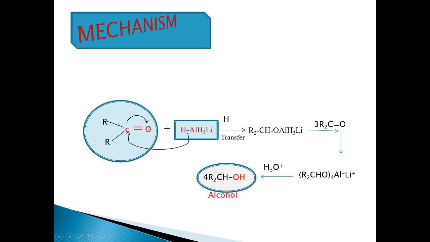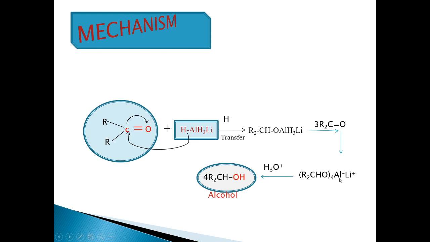And here is the formation of negative charge after the reaction, attached to aluminum, forming this intermediate product, R2CHOAlH3Li. This is the intermediate product. Next, three molecules of the ketone react with the same reagent. Here we have to use the same reagent, and the next product forms: four molecules of the ketone attached to aluminum